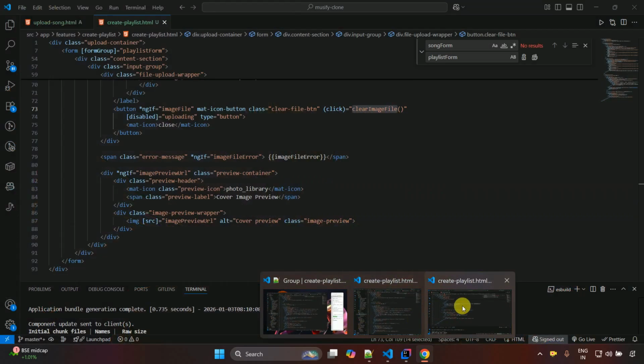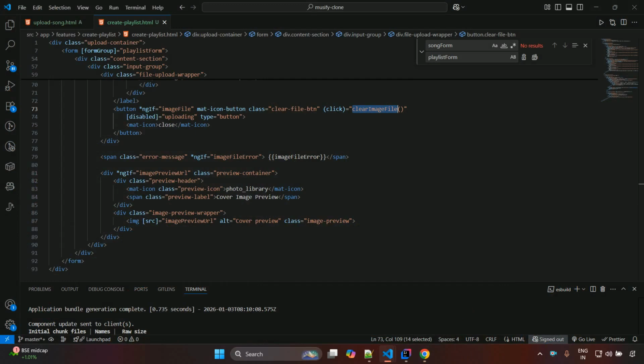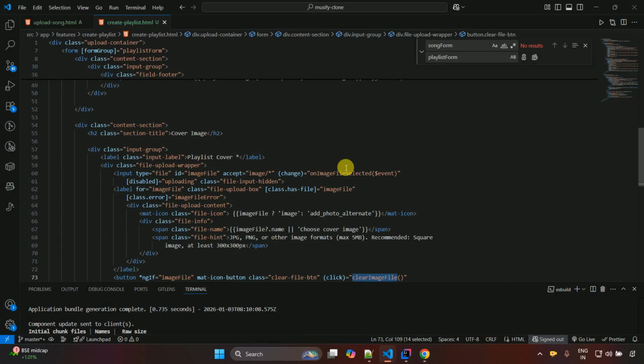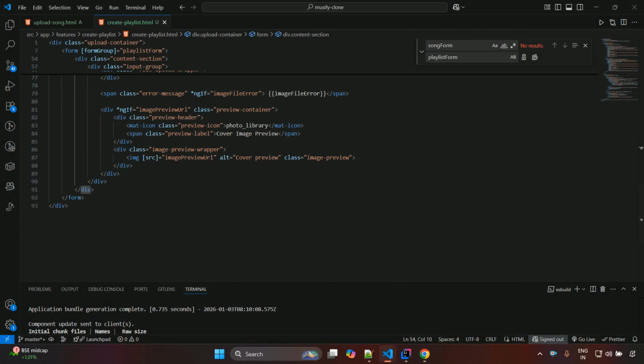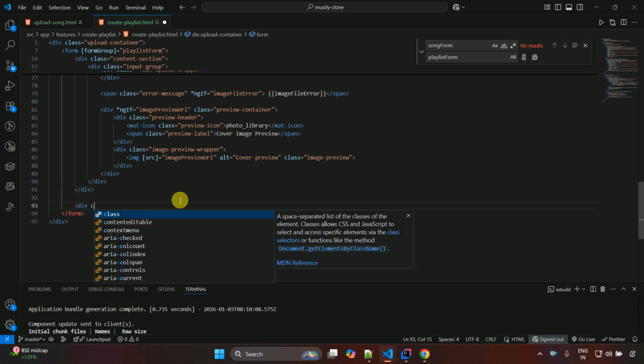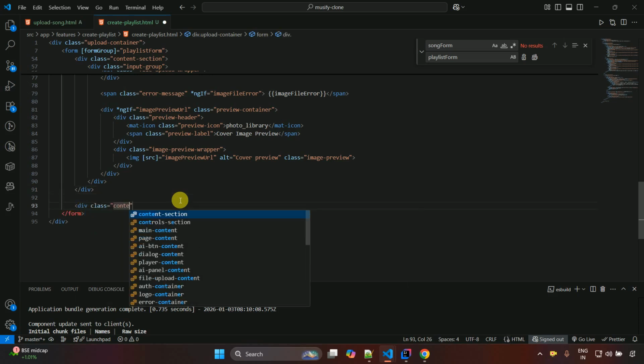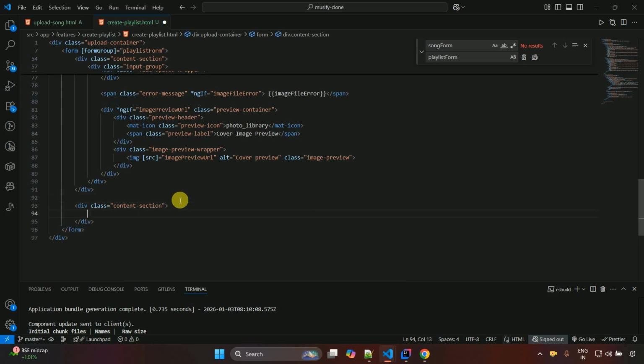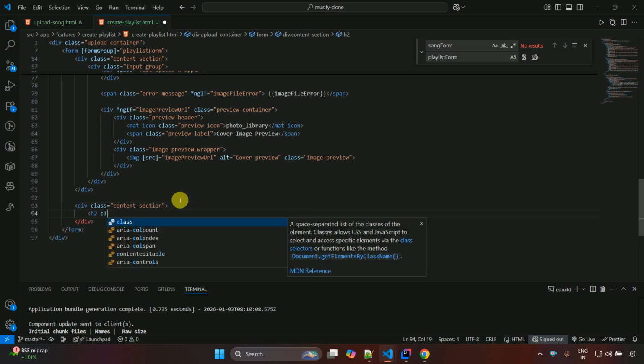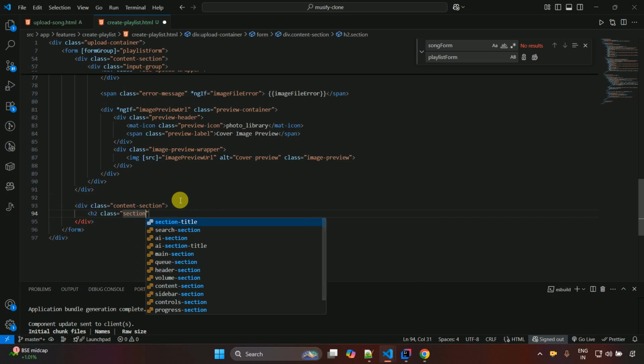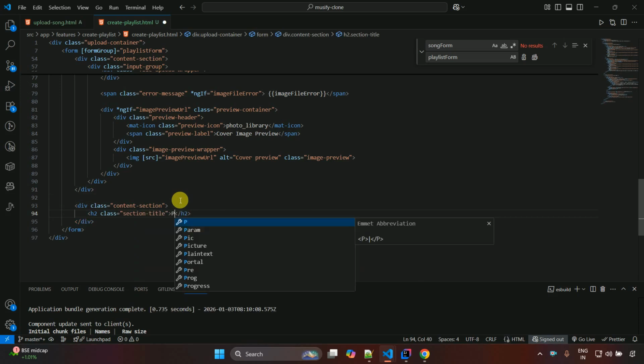Now let's get back over here to the code, and now this media section part is also completed, which is this content section, which is going to close just before the form. After that, here we have to create a next div. So div class content section, then close this one, and then h2 class section title, and then here we have to write privacy settings,